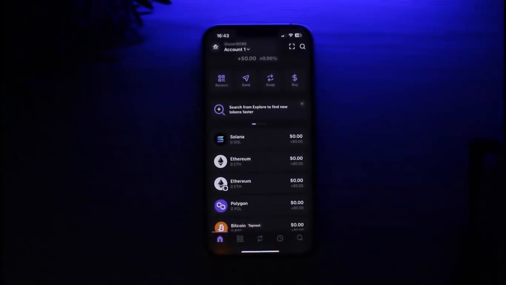In this video I'll show you how you can create a Phantom wallet username, but before that please do make